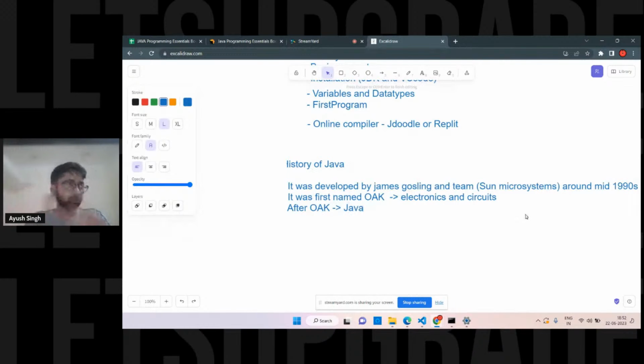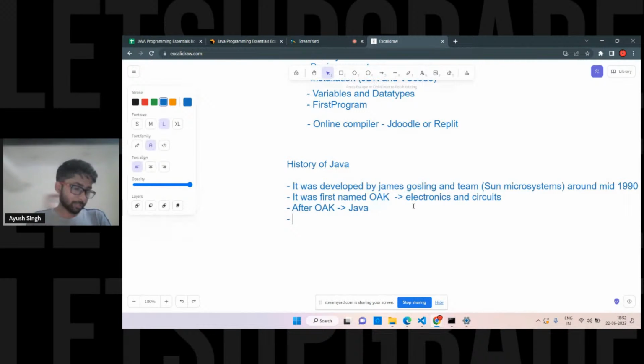Okay, it was named Oak at the start, right? And see how it gained popularity. So there are particular terms, and we are going to see all of it. In general, we are not going to see OOPs, because it will take a lot of time. Right now, we are going to stick with the basics. So can anyone tell me what is the future of Java? Right now this much is only history, you don't have to worry about afterwards.